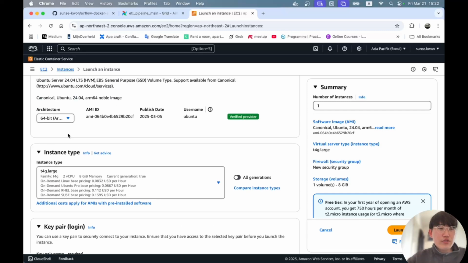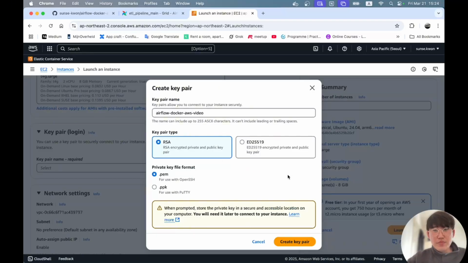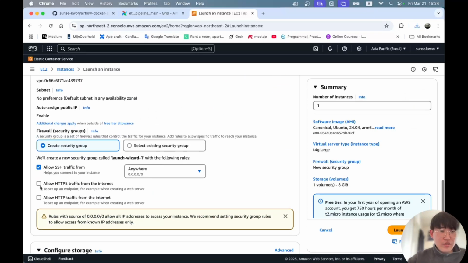The reason why I use ARM architecture is because of the instance cost. I noticed that T4G.large is the cheapest instance which meets the minimum requirement for production, lowest price for on-demand Linux pricing among other instances which have 8 GB memory. You might wonder whether the Docker images are compatible with ARM architecture. I tested, working properly. Then we can generate a key pair, create the key pair,